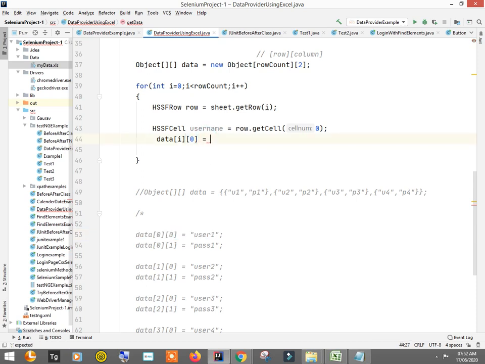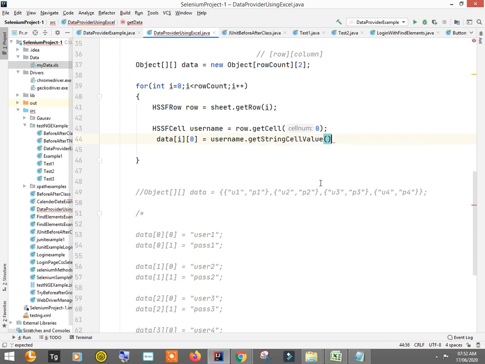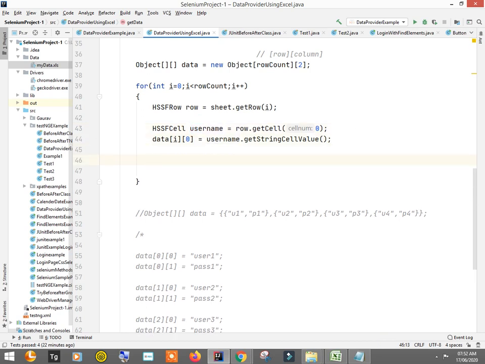Now here this username is in the form of an object, so we need to convert it into a string. So getStringCellValue, you have to write like this, right? So now we read this username. Similarly, we will read the password.